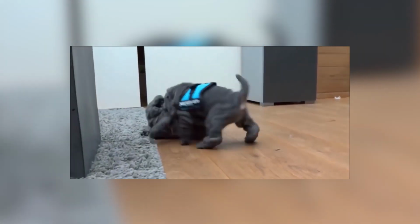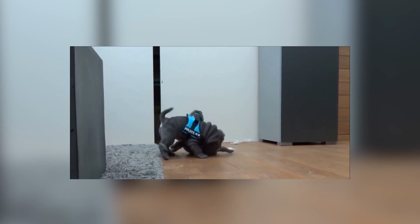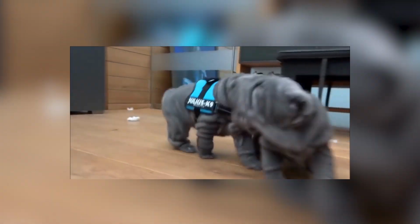So you can go check them out, whether you're getting a Chinese Shar Pei or you already have one, but you might still need some of these items. The first thing is good quality dog food, and it is an absolute must. No exceptions and no excuses. If you cannot afford good quality dog food, then you need to wait until you bring a Chinese Shar Pei